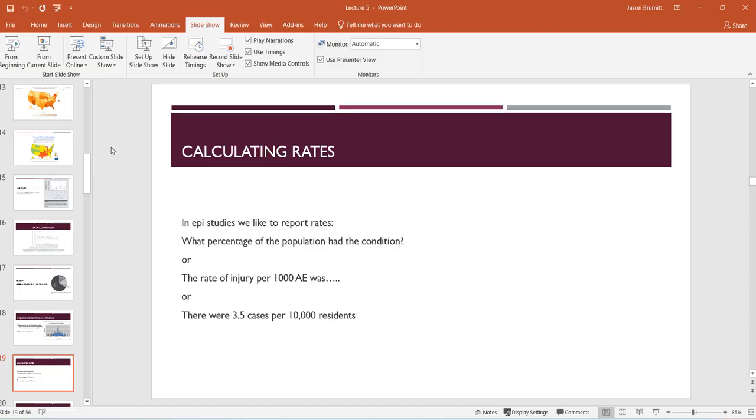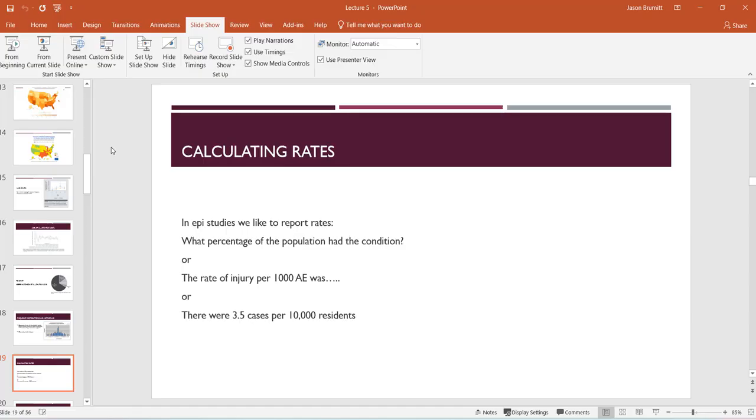All right, let's look at calculating rates. So we like to report rates in epidemiologic studies. What percentage had the condition? We talked about rates previously. We might report them as, like, the rate of injury was 10 per 1,000 AE, or 1,000 athletic exposures, or something like there were 3.5 cases per 10,000 residents. So we usually utilize some number like 1,000 or 10,000